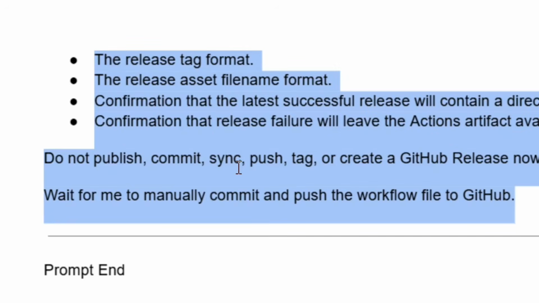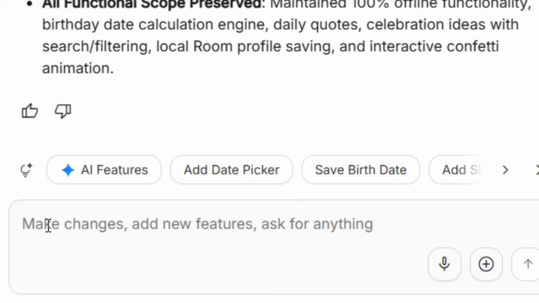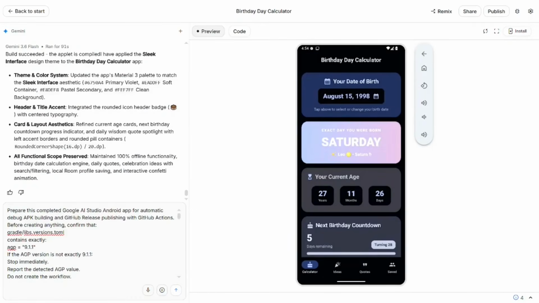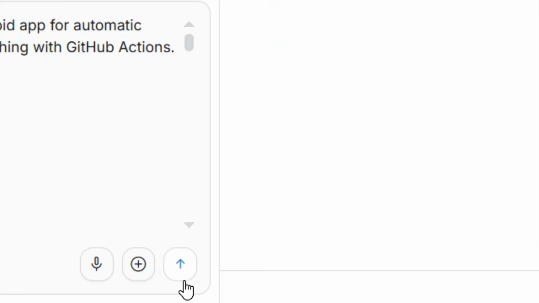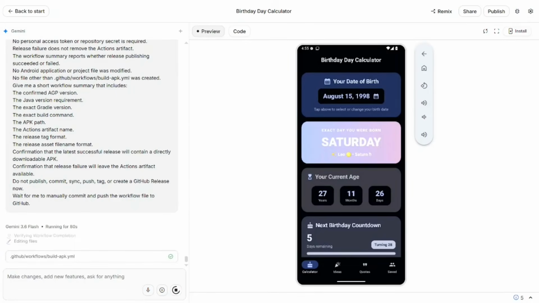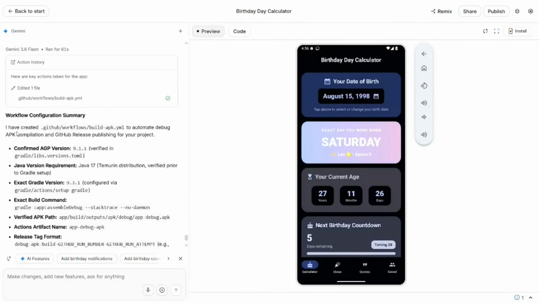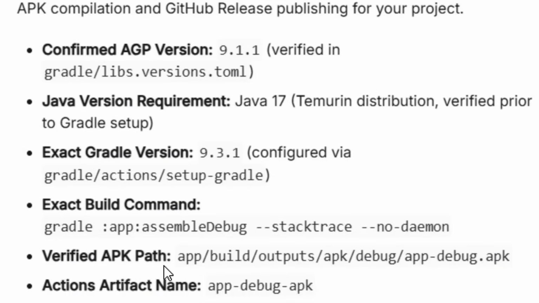to copy the whole prompt. So after copying the whole prompt, simply come back here to the chat box and paste in the prompt just like this. After pasting in the prompt, all that you have to do is simply send it. And to send it, come here to where it says send prompt and click on it. When I click on it, Google Studio is going to receive your prompt and use it to build an automatic trigger. So when you push your app to GitHub, as you can see, it has finished. When you push your app to GitHub, it's going to automatically build the